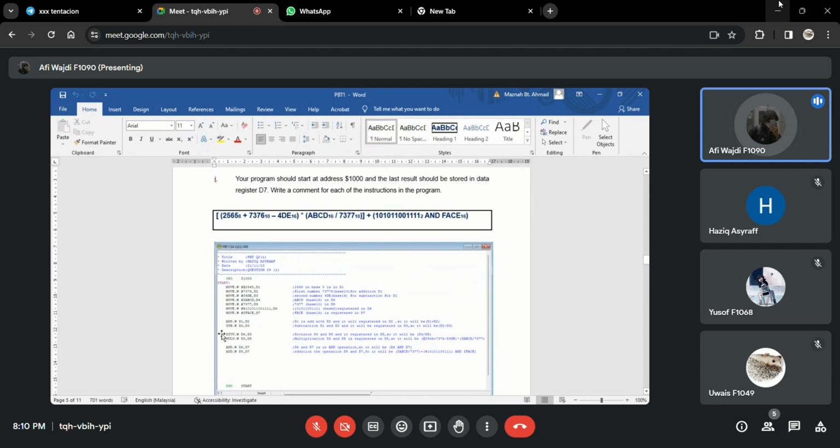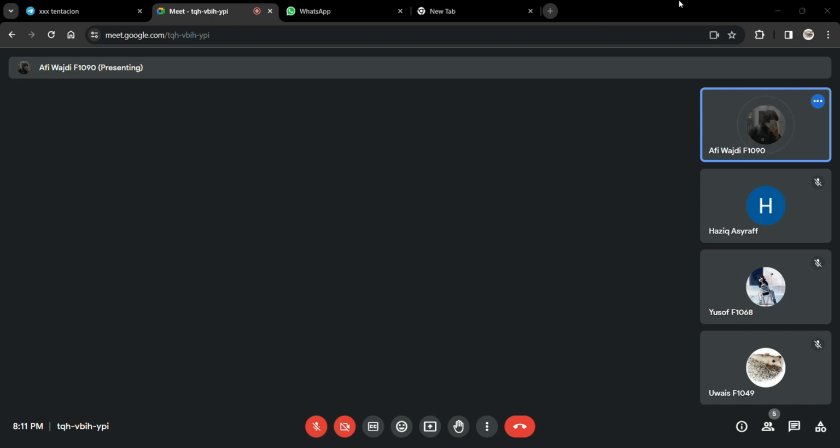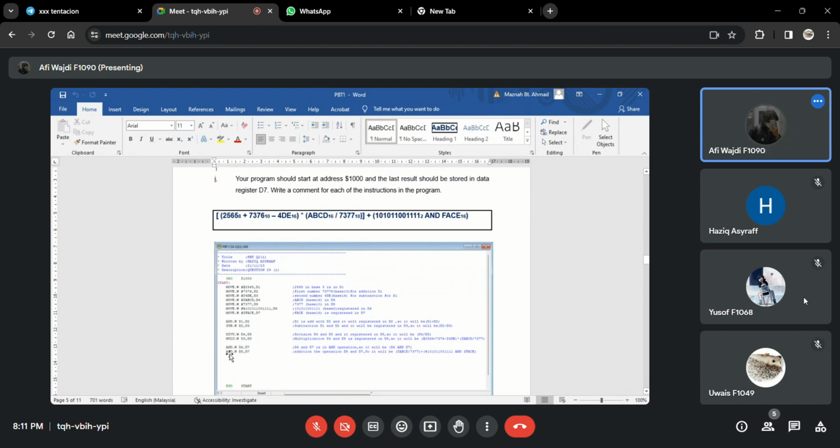Next is divu W D4 D5, which means D4 divided by D5, registered in D5. Next is mulu W D3 D5, which is multiplication of D3 and D5, registered in D5,